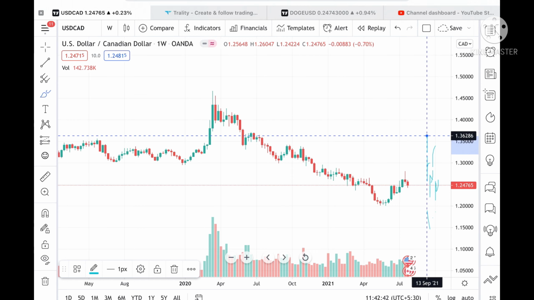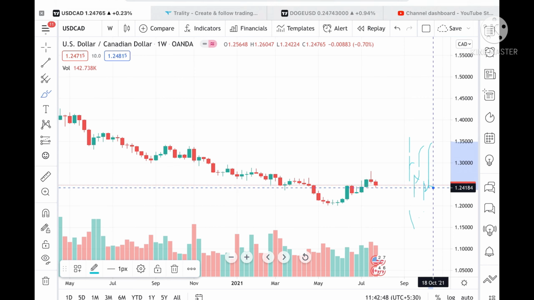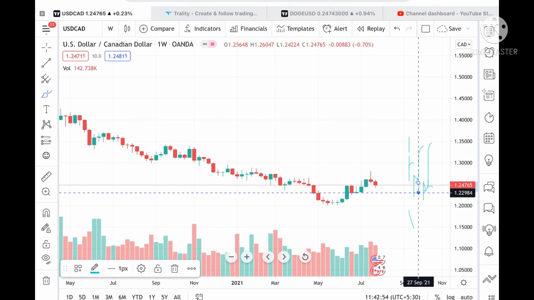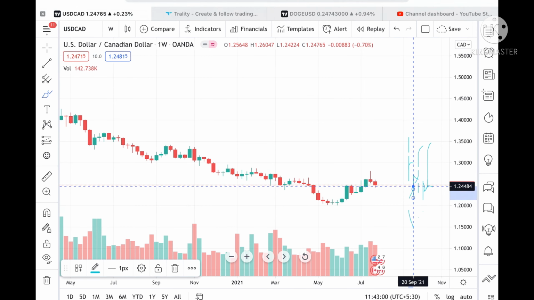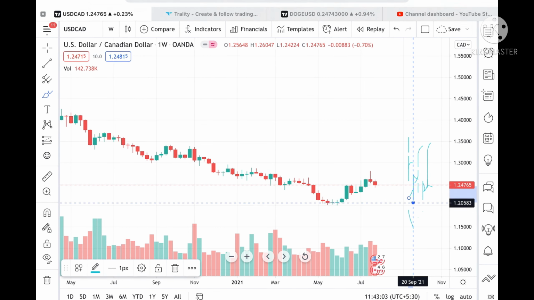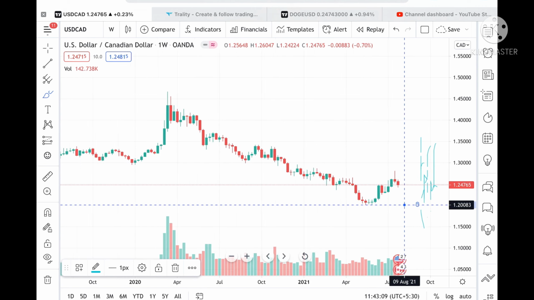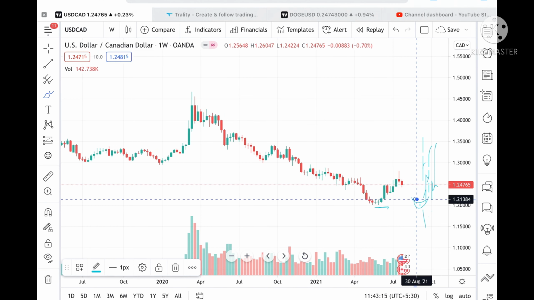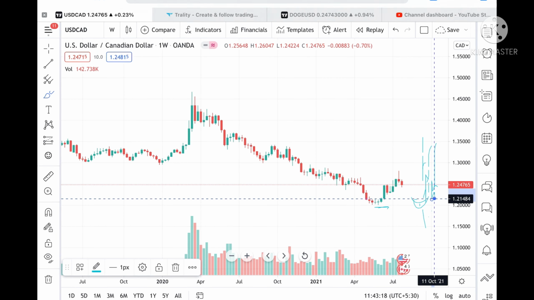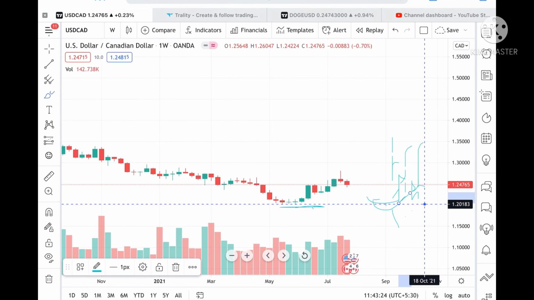Suppose if this level didn't sustain, and if it comes below a level of 1.24184, then we can see a level of 1.22984, and from there we can see a level of 1.21684, and if it goes below that level, then we can see a level of 1.20583. And the very strong support is at around 1.2083. So if it comes close to this level, then we can see a bounce back, or if it goes below a level of 1.21484, then we can see a level of 1.20183. So what we can see here is that if it sustains a level of 1.24, we are on the upper side.